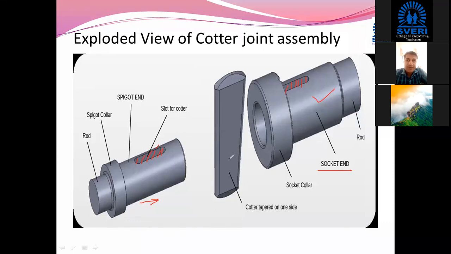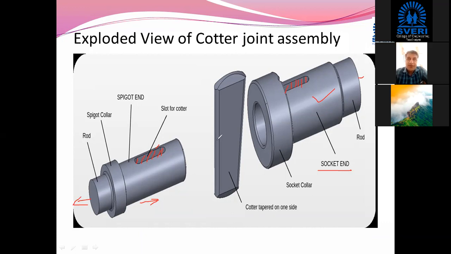But when you insert the quarter between the socket hole and the spigot hole, it acts as a member that resists the pulling. From here the pulling load is applied and at this end also pulling load is applied. Getting me? So this is the detailed drawing of this joint.